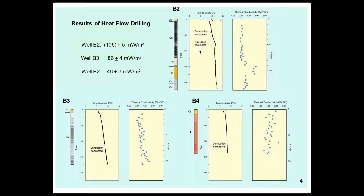So judging from the information contained in SMU's heat flow database for this area and our drilling experience in this area, it is equivocal whether or not shallow heat flow drilling could have limited utility in an area such as this because of the strong advective overprinting by groundwater in many of the fractured lithologies in the area. For example, well B2, shown here, which is at the south end of the